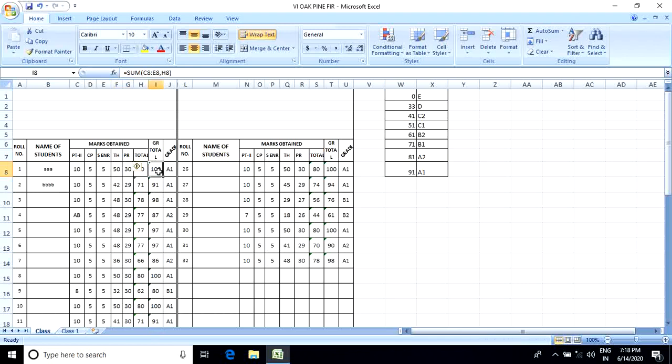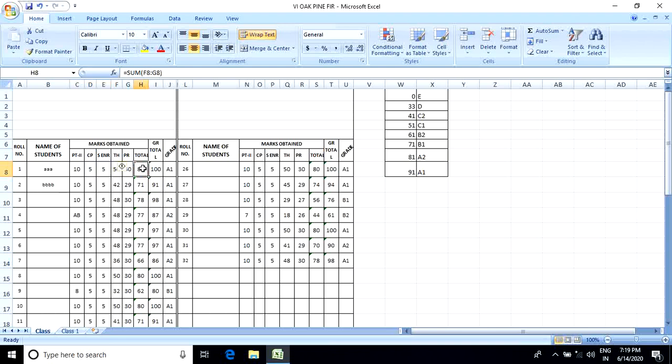And here we can also find the sum of C8 to E8 and H8. C8 is this value, and this is E8, so C8 to E8, comma, H8.